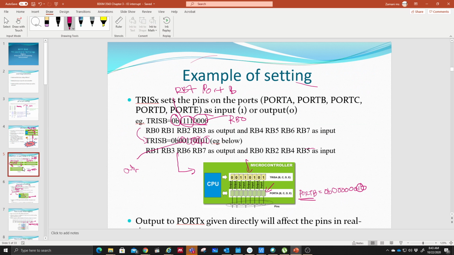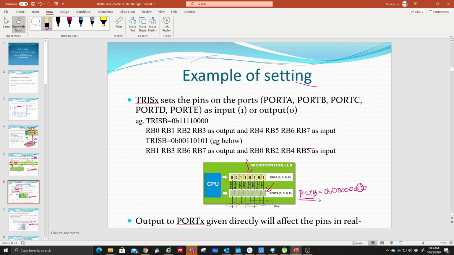So okay, this is the example again. I keep on putting this one, so you guys must understand what it's actually all about. So TRISX, TRISB, C, D, or A. X is equivalent to that, and it sets the pins on port A, port B, port C, port D, port E, as input 1, which means you put 1 for input and 0 for output. So for example here, if you are putting TRISB 01111,